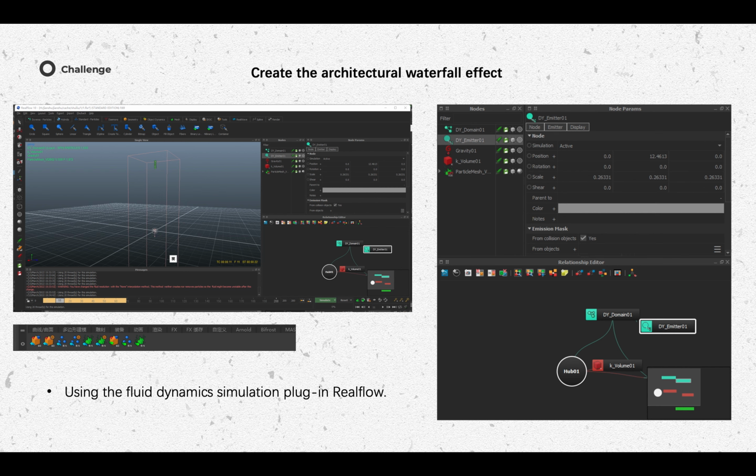Particle mesh converts simulated particles into polygons, and go to the particle mesh menu to explore and select the desired output format to create the waterfall effect.